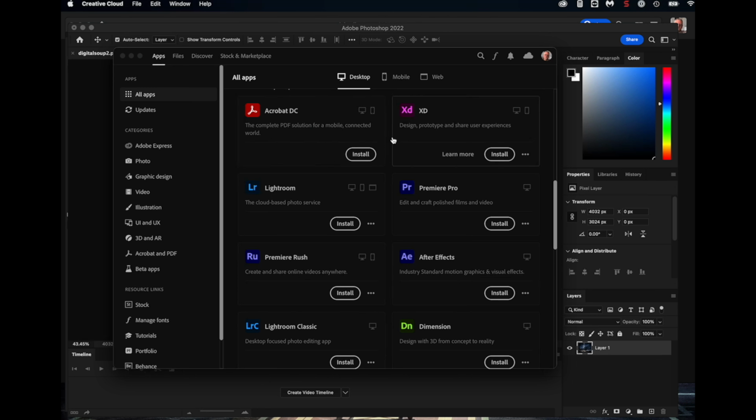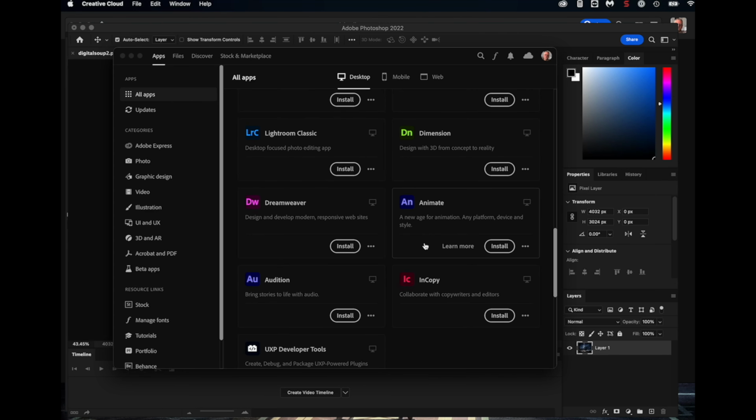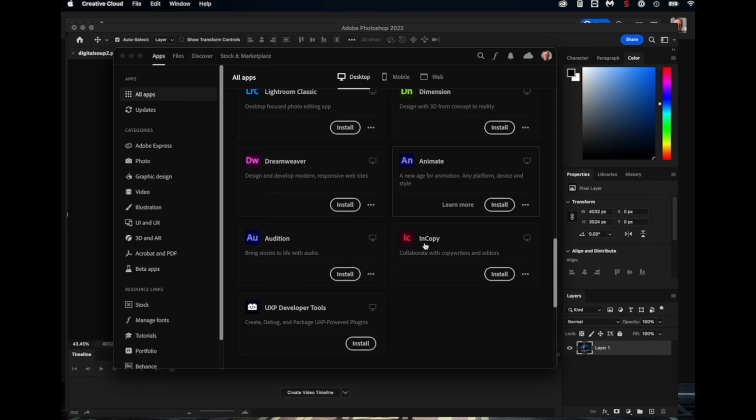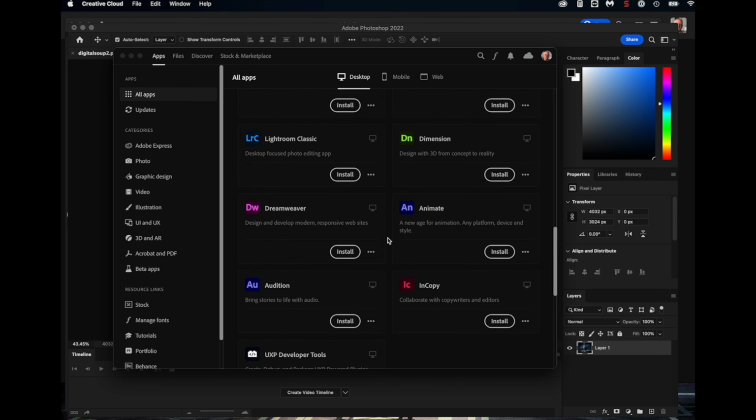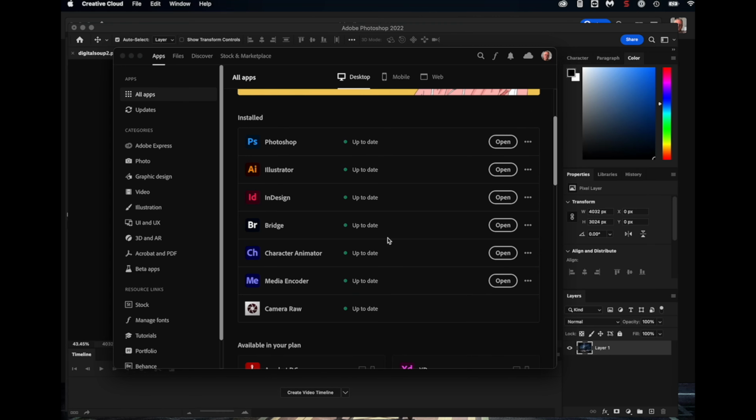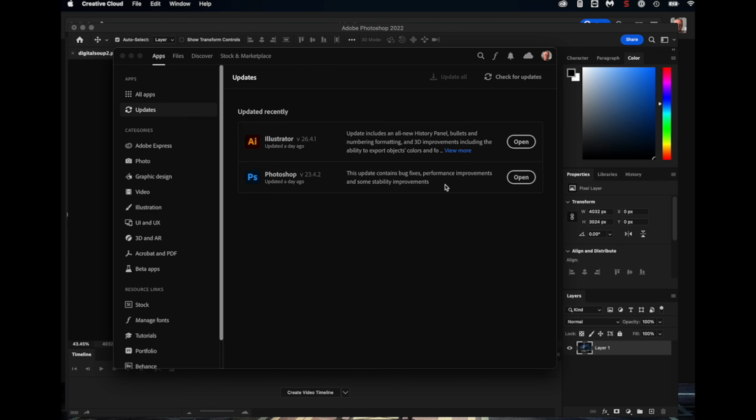So this list right here, it tells me that I can install Acrobat, XD, Premiere Pro, Lightroom, and so forth. These are all of the applications that I have available through the Creative Cloud subscription. What I have installed on my computer already through the Creative Cloud subscription are Photoshop, Illustrator, InDesign, Bridge, Character Animator, and Media Encoder. I can right-click and uninstall them or reinstall them. Once they're installed, it gives you the option to keep them all updated all the time, and that's the power